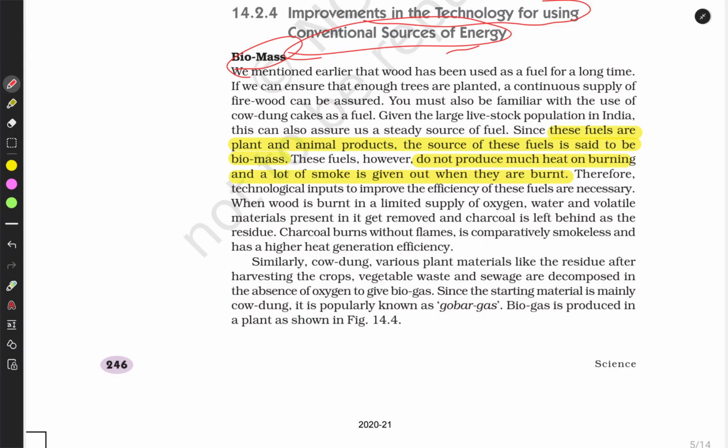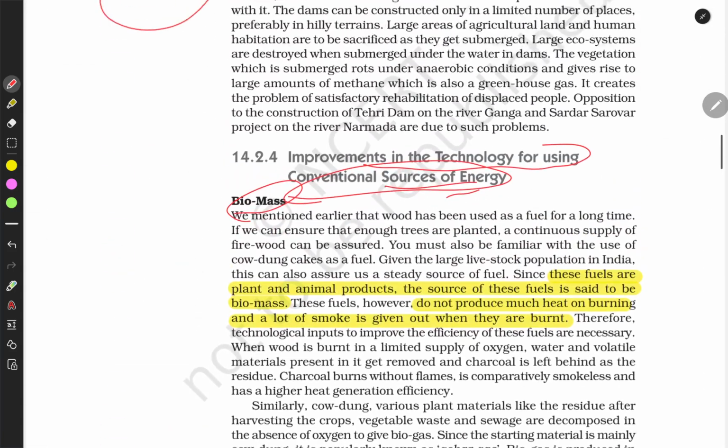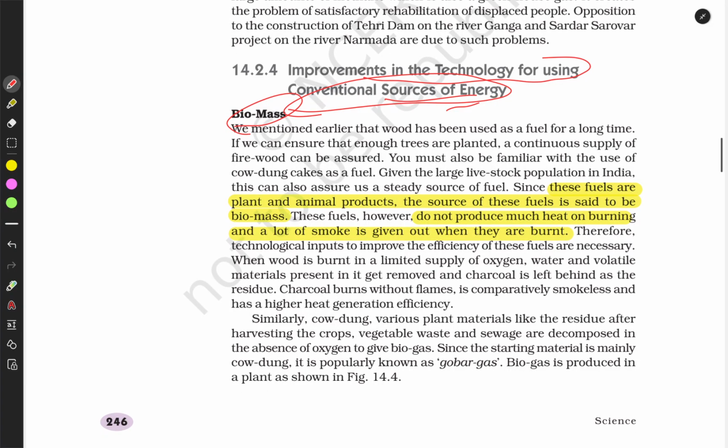So we have to slowly transition towards clean energy sources, where there is no